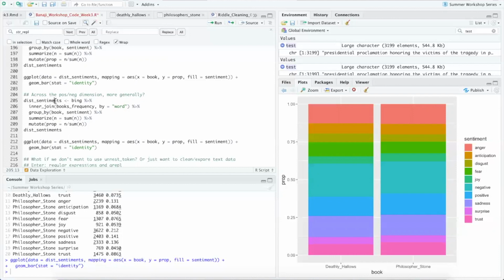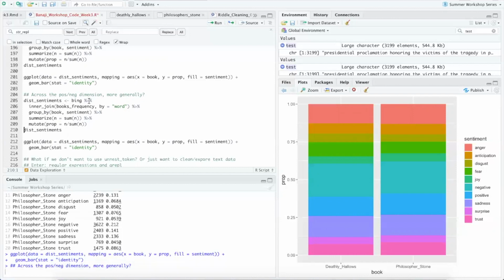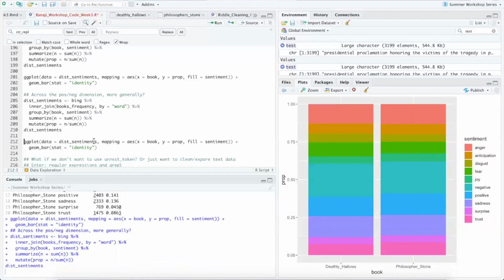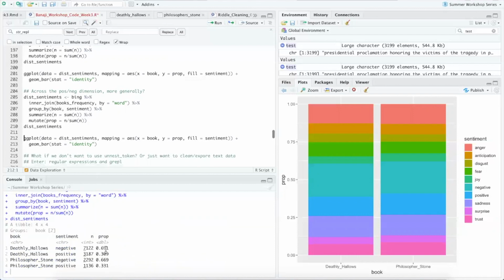So we can do the same thing here, but just with a different package, or a different dictionary rather. And now we can just look at the actual sentiment. So we can see that Deathly Hallows is pretty negative, and actually so is Philosopher's Stone. So both of these books seem to have mostly negative sentiment words, and roughly, again, the same proportion. So we would expect that on the basis of the NRC sentiment analysis, but now we're confirming it with another